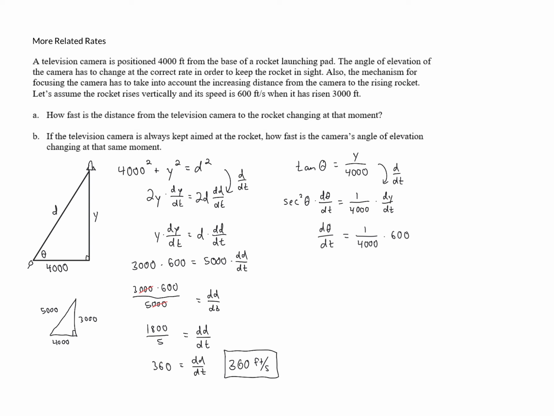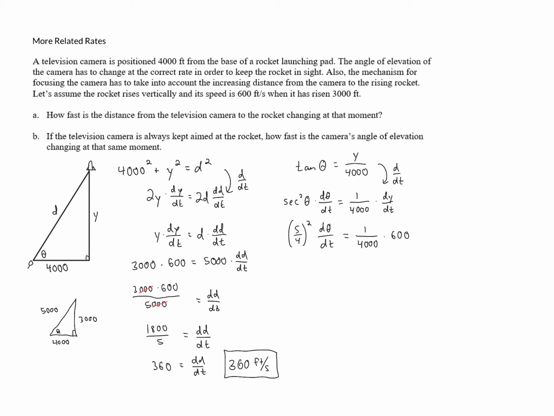So if we go to the drawing that I made down here in the bottom, that is what is going on at that very moment. Now we know secant is 1 over cosine. Cosine of this angle would be 4,000 over 5,000, or 4/5. That means secant is the reciprocal of that, which is 5/4. And so this is going to be 5/4